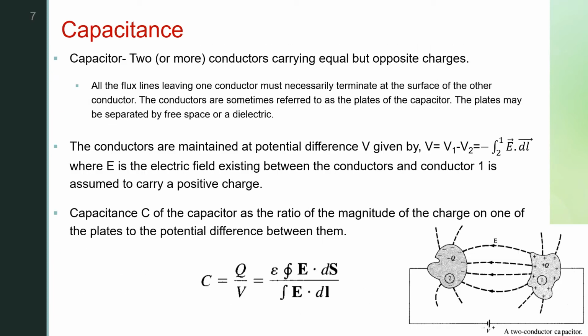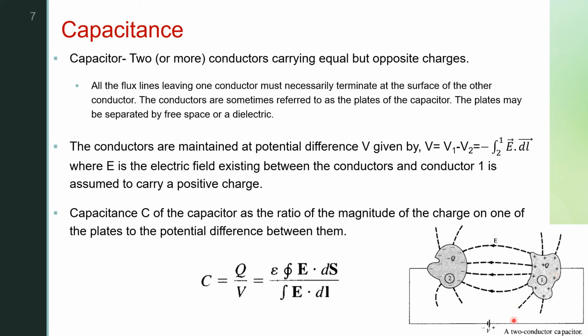Capacitance. What is a capacitor? To have a capacitor, we must have two or more conductors carrying equal but opposite charges. This implies all the flux lines leaving one conductor must necessarily terminate at the surface of the other conductor. And these conductors are also referred to as plates of the capacitor, and the plates can be separated by free space or a dielectric. So as shown in this figure, here we have two conductors and they are maintained at a